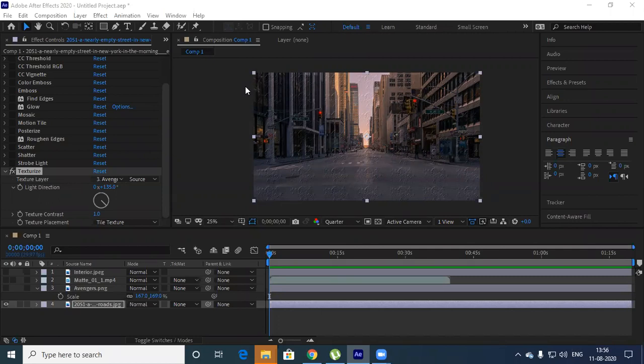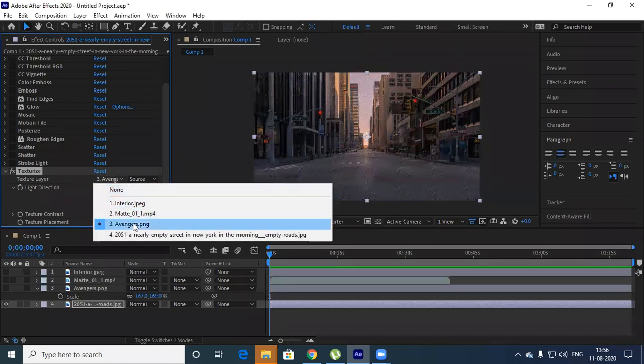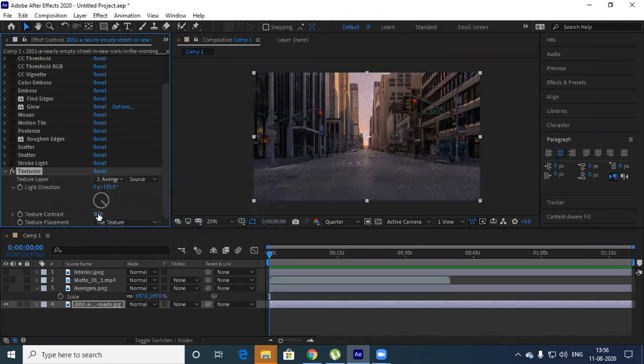Now you look here. One image is there. Okay, normal image. Then I have a texture layer. I have added this Avengers, wherein you can change the direction of this. Okay, and texture contrast also you can define, darker tone or like that.